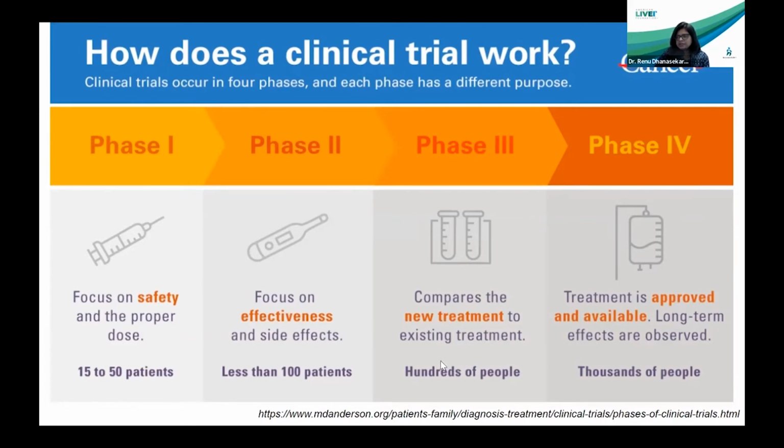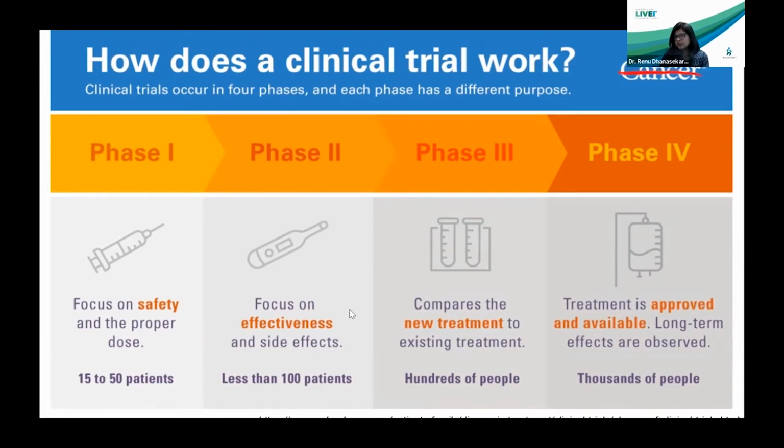And around 33-35% of drugs actually pass from phase 2 to phase 3. So this is a big drop-off point. A lot of drugs that are found safe in preclinical studies and effective may not really work in very complex human systems. So a lot of drugs get weeded out at this phase.